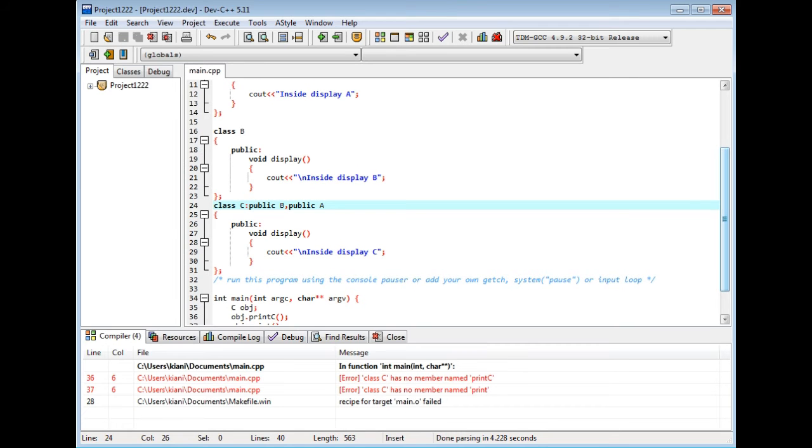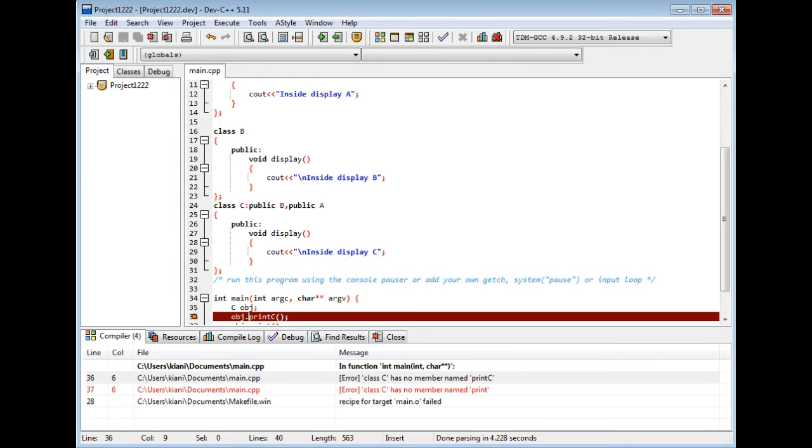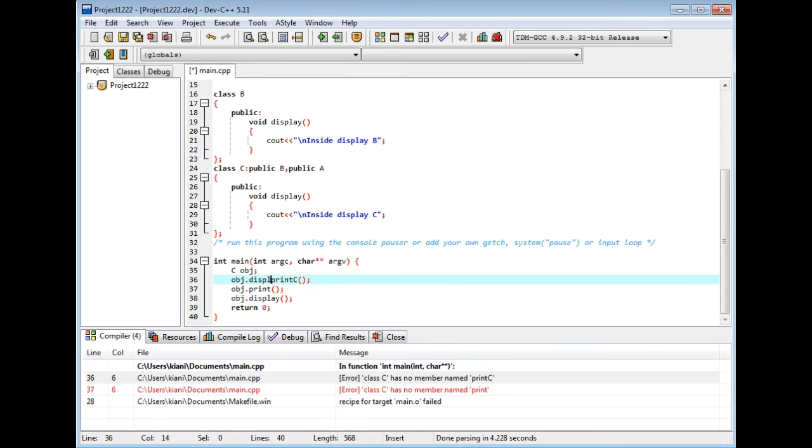Okay, now this is the error that there is no display. Obj dot display. What should obj dot display? This is the function obj dot display, right?